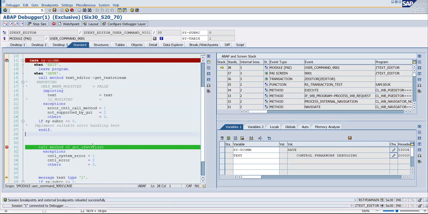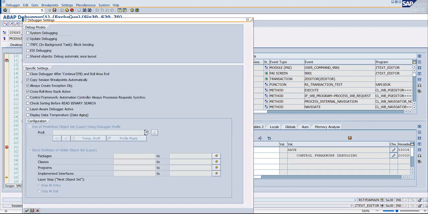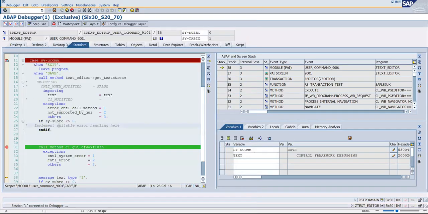All right. So for that purpose, what we can do is go to the settings, change debugger, and control framework automation controller always processes request synchronously, right? That means whenever you are going to get a call, it will give you the data at that time itself. You can enable this one. Okay. So let me run it once again